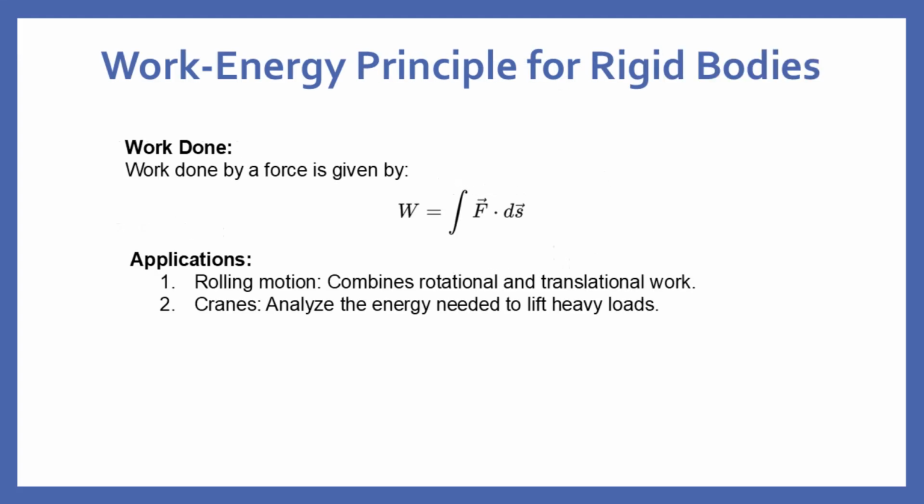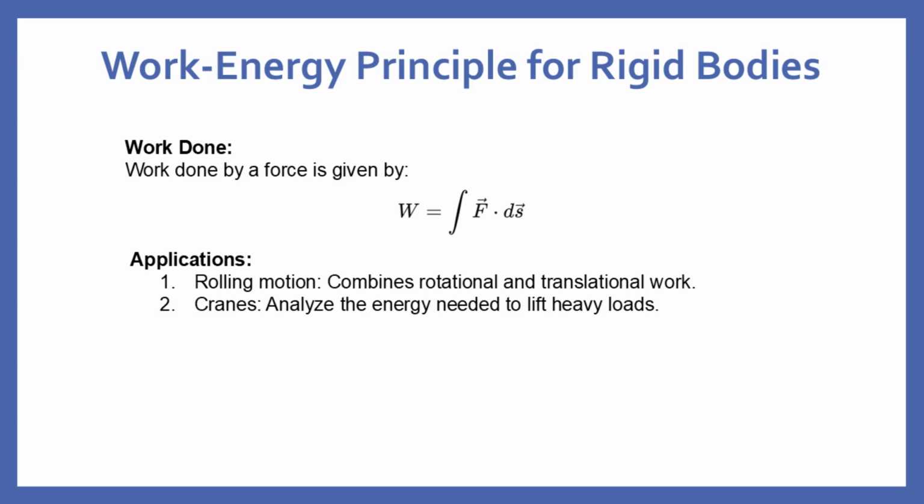Moving deeper into the work-energy principle, we examine how work is calculated. The work done by a force is given by the integral of F dot dr, where F is the force and dr is the displacement vector. In simpler terms, it's the product of force and displacement in the direction of the force. For rotational motion, we also consider the work done by torques, given by the integral of tau d theta, where tau is the torque and d theta is the angular displacement. This helps us analyze complex situations like cranes